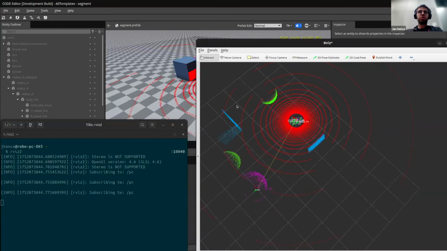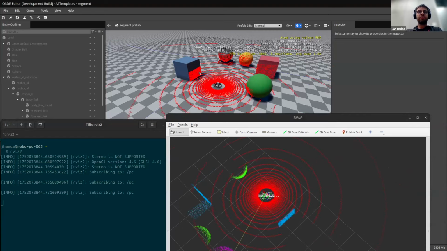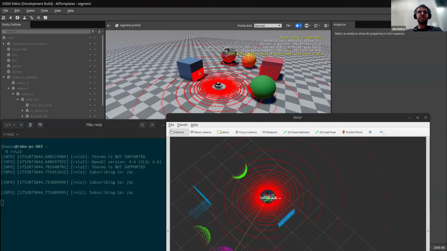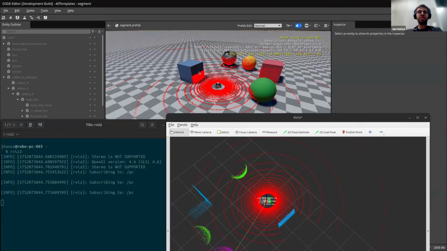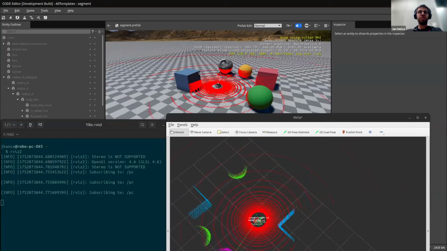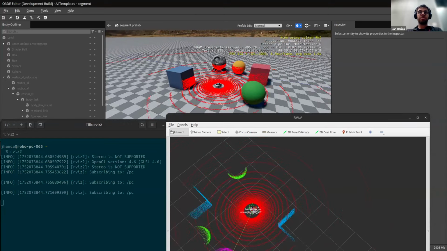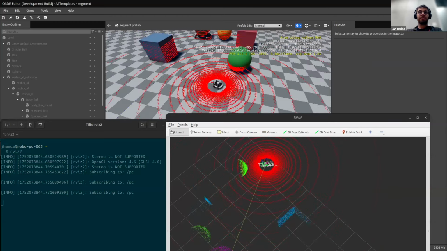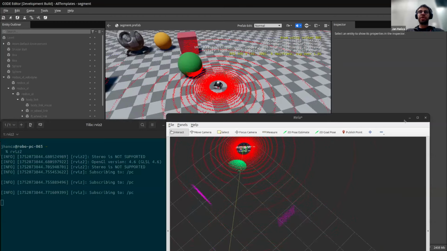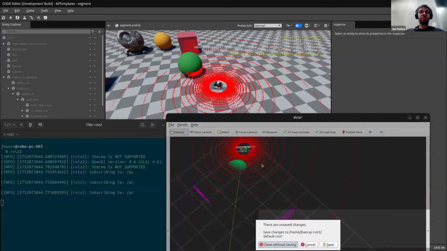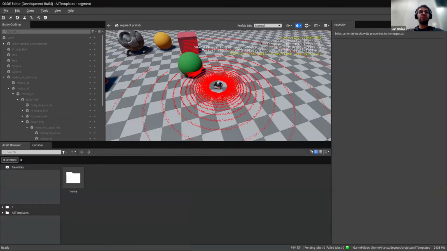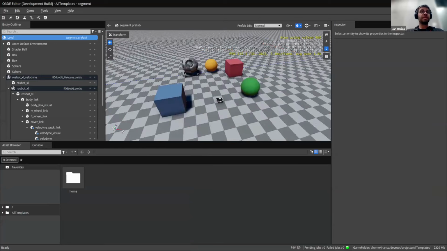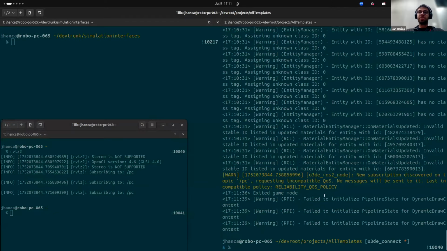Just to show you that it works correctly, I will move the robot a bit. So you can see that the robot is moving in our simulation. It is also moving in our RViz window. So I can see the objects from different angles, and the LiDAR data is segmented. All right, so that's a short demo for this part, for the segmentation. And as I mentioned, there is documentation, so feel free to use the documentation.